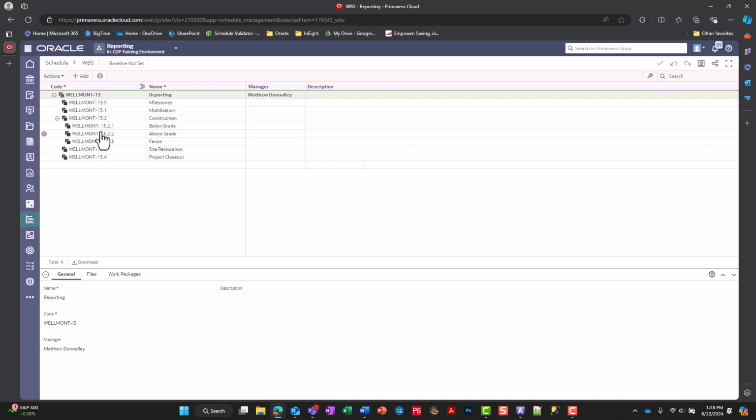And here, this is where you can set up those WBS with their names. You could even alter their codes. If we go back into our activities,